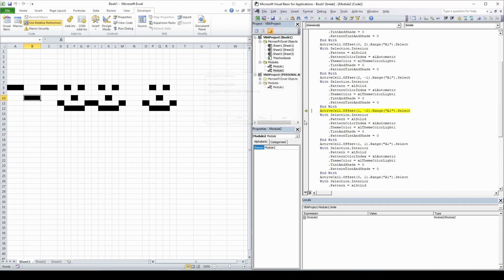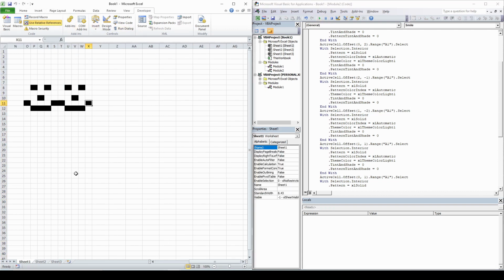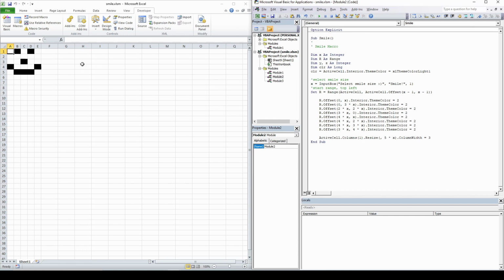In one line of code, we have to go one cell to the left from our starting position. And if we started somewhere in column A, we will get an error. An easy fix for that would be to start recording from one cell to the left of the left eye. And that's one of the things I made in the code that you are seeing right now.